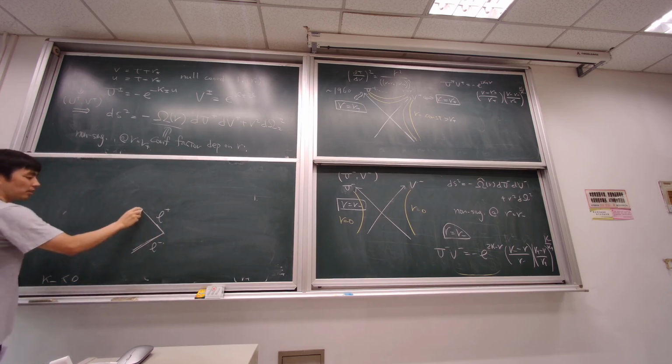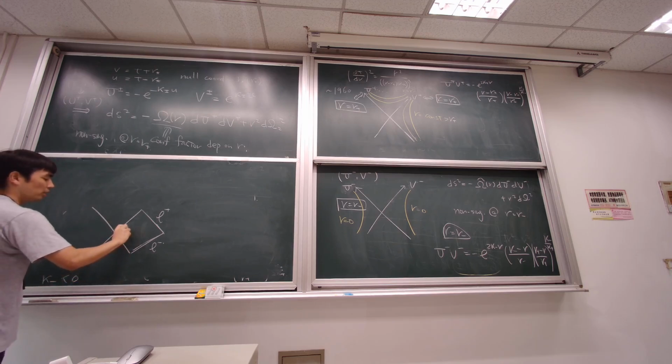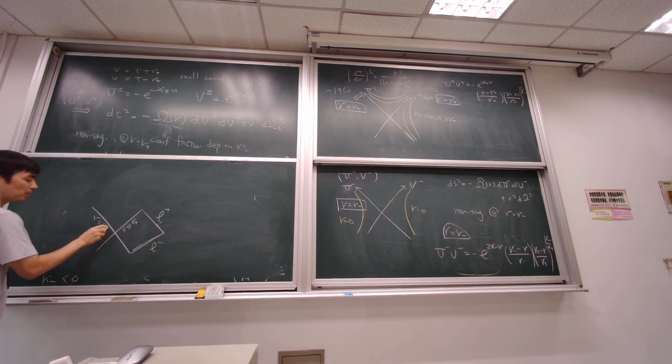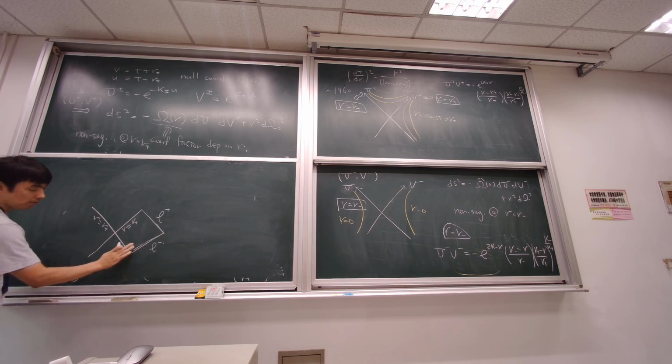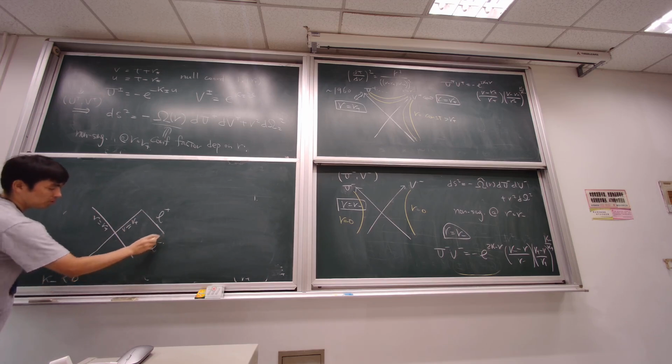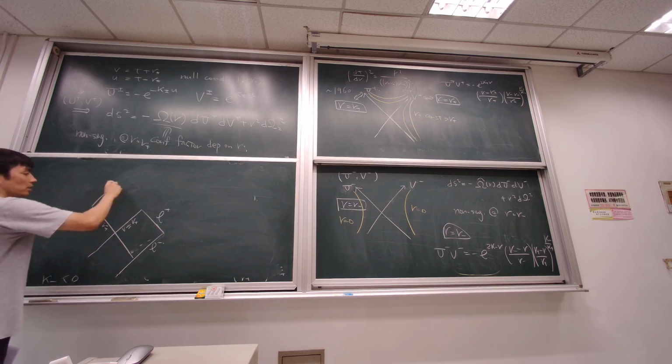And you encounter the horizon this way. So this is r equals r plus, and r equals r plus. So this is u is constant, and v is constant. Okay? So therefore, you can extend the spacetime to the past and so on. And now, after that, you encounter